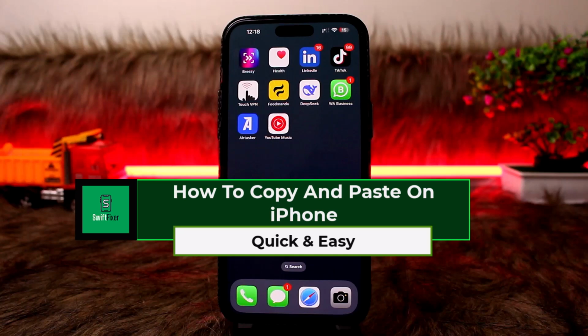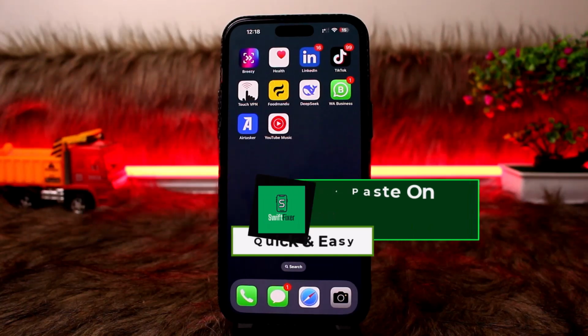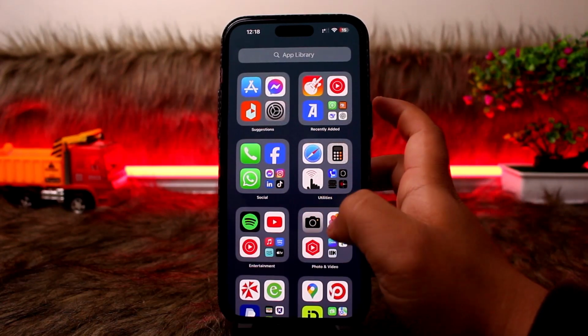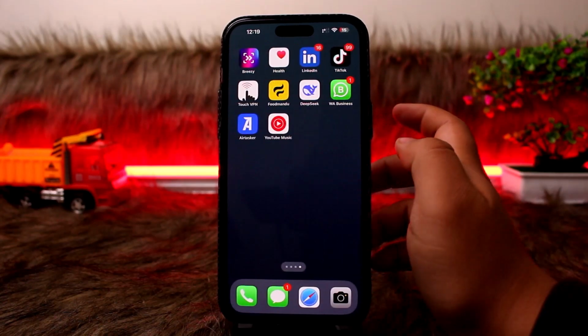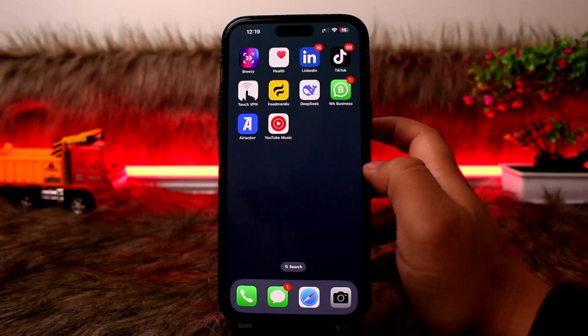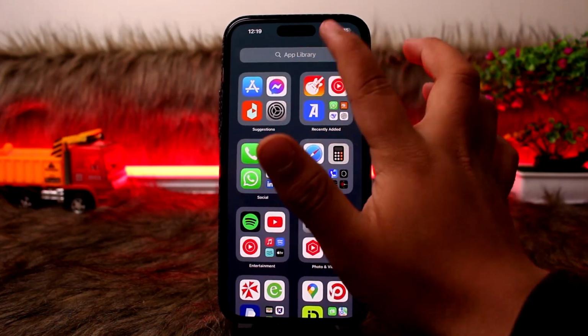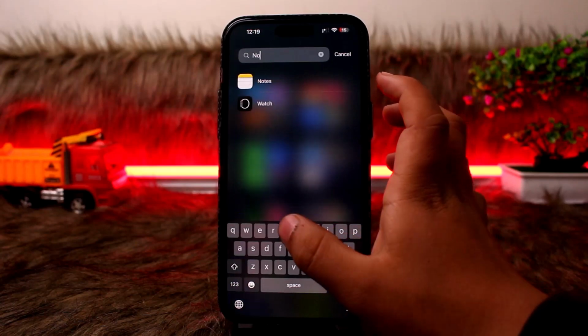Today in this video I'll guide you on how you can copy and paste on iPhone. Well, the process itself is actually pretty simple. Now whether you want to copy any text or such, now with the latest AI features you can take screenshots on your screen and let AI do the thing, and you can select the text and copy it. But if you want to copy text from certain